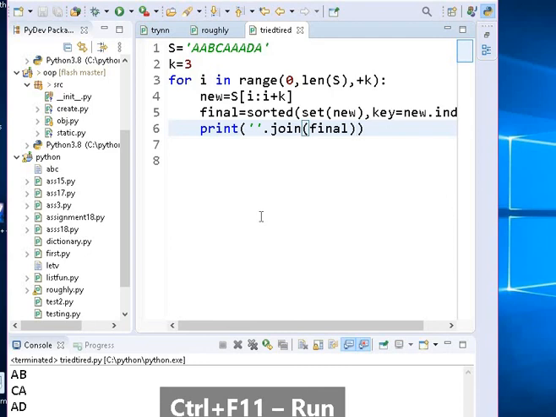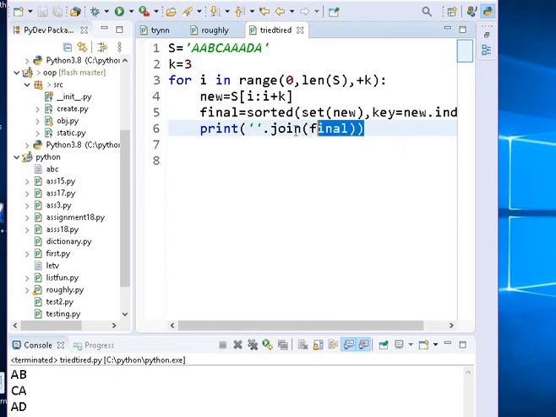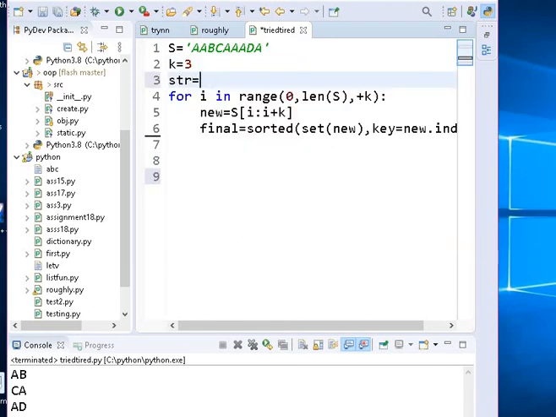See, is it our required output? Yes, absolutely. But this is not what we want. We want something dynamically. I am removing it. For that, str equal to, I am creating just an empty string.